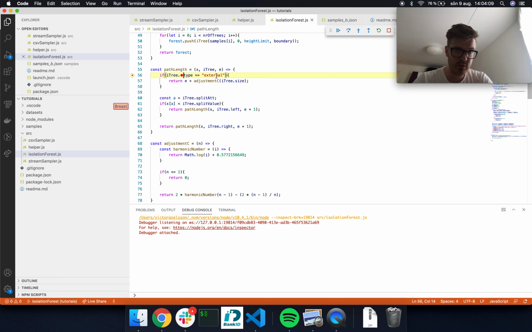So if you hit an external node, this is the base case here. This is also a recursive algorithm, as you see. If you hit an external node, you return E, which is how deep it's going to traverse. So you see here you increment E for each iteration. So you start out at 0 at the root node, then you traverse, for each depth in the tree plus 1, and